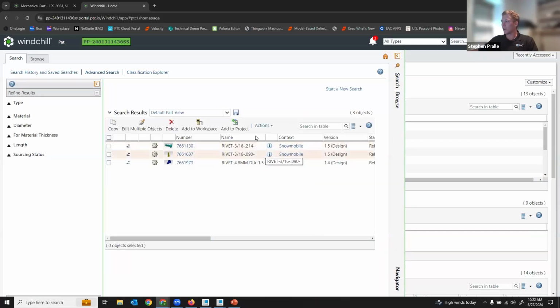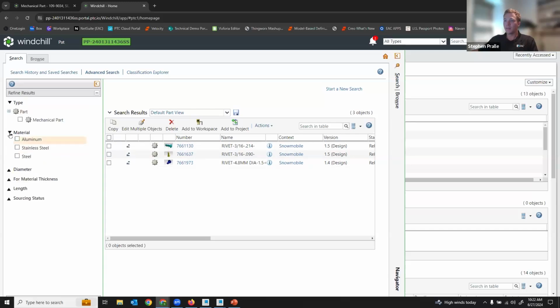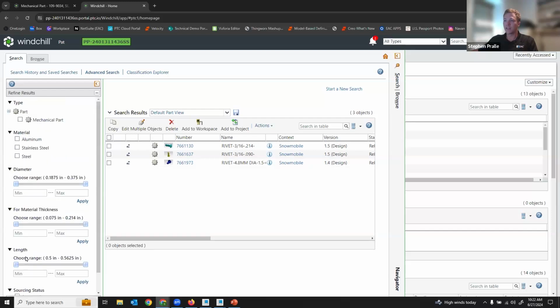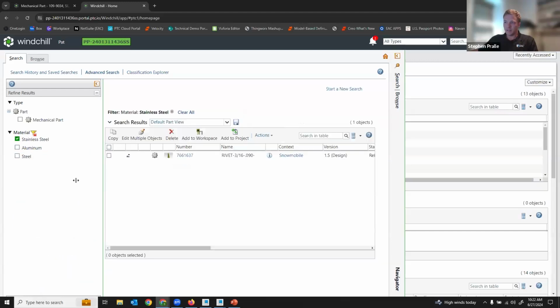Now in here, it'll bring up all of the results of all of the rivets that we currently have and use in our company. And from there, I can further refine these results. So I can refine them based on type, based on material, based on diameter, for material thickness, length, and sourcing status. So let's say I wanted to look at a stainless steel rivet here, and it brings up my only